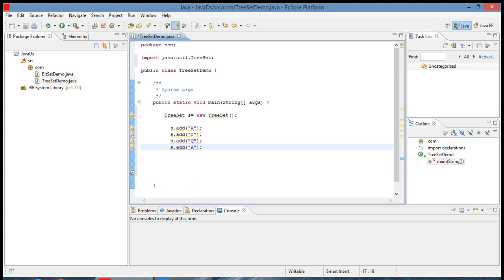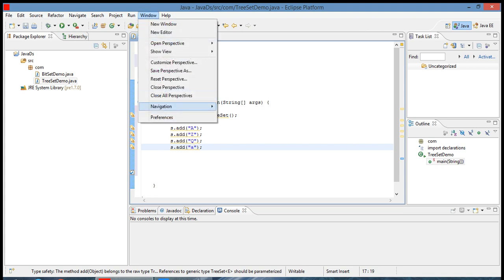So here we'll get output like this. Just we'll change the font size.